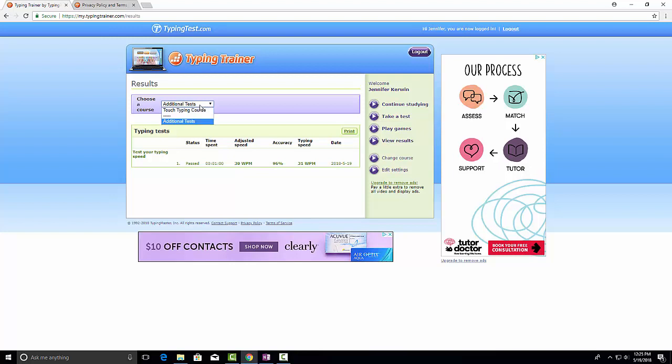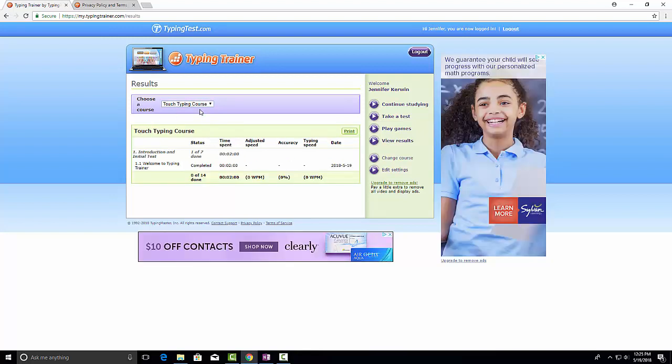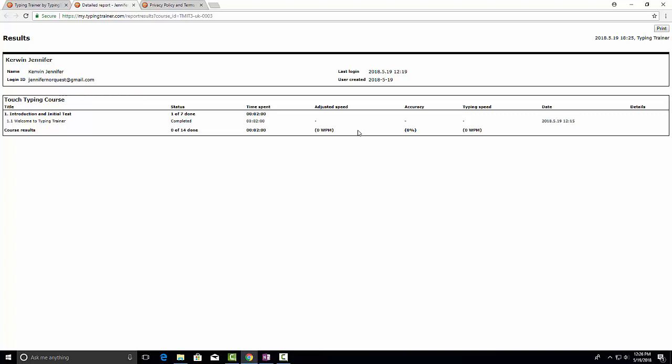I'm going to go back and look at my touch typing course. And I want to send these results to my keyboarding notebook. When I go to click on print, it opens up a print friendly window. And in the top right corner is where I'm going to hit print again. And when I go to hit print again,